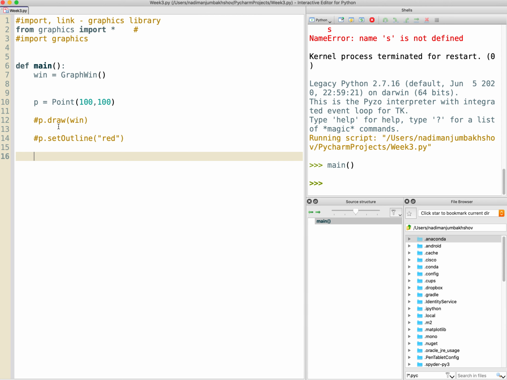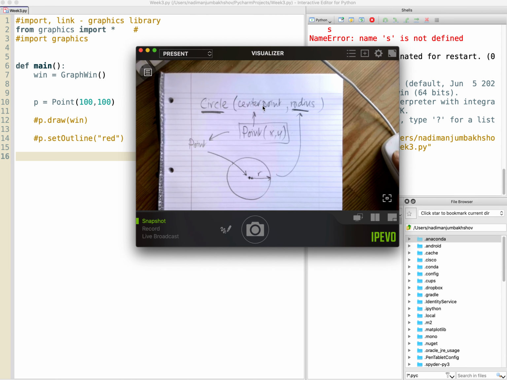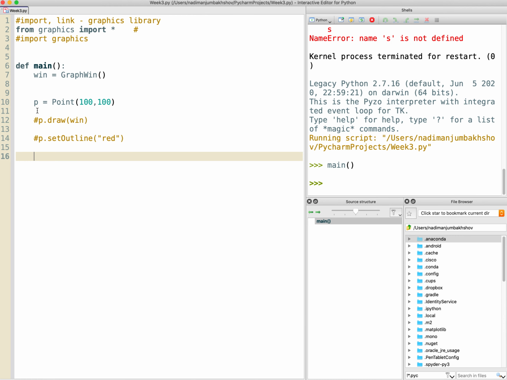Okay, so if you remember what the note said about a circle, it needs to have a point. The first value is a point object. Okay, that whole thing, and the second is a number, a radius. So P is the stored point, and we need to pass that in to our circle. And what we're going to do is we are going to write that. Now you might say to me, why have you written C equals circle? What does that mean? What we're going to do is fill this in properly. Once this code, the capital C circle code, builds the circle, it will then store it or assign it to